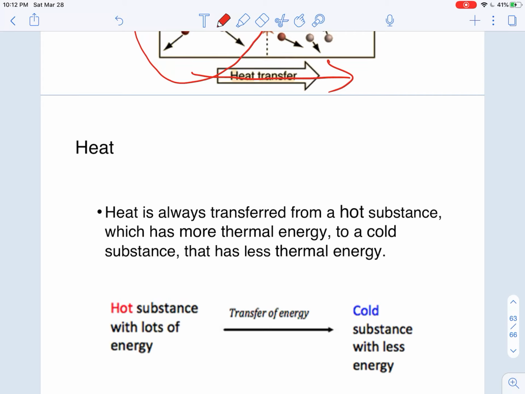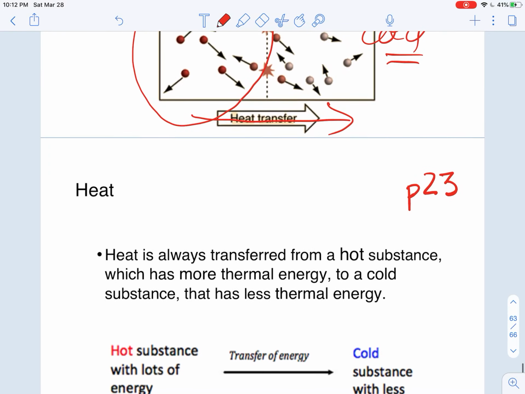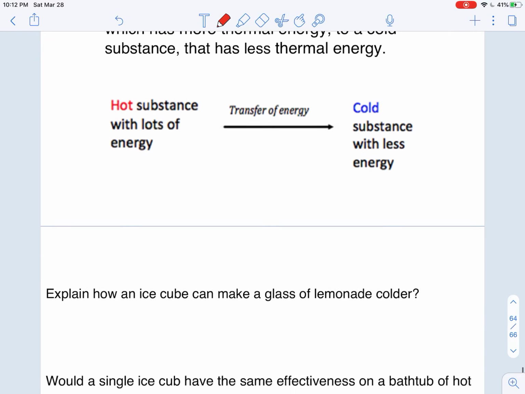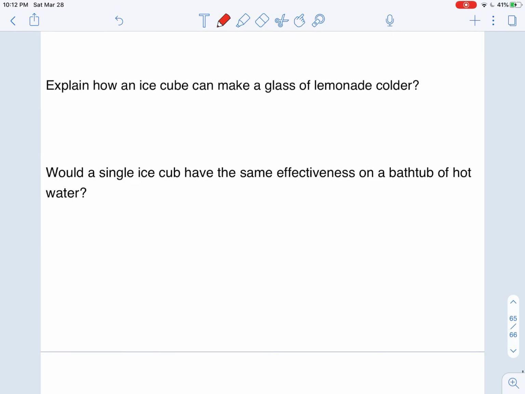Heat is the next part, bottom of page 23. We're still on page 23. And heat is always transferred from something hot to something cold. When it talks about the ice cube here,